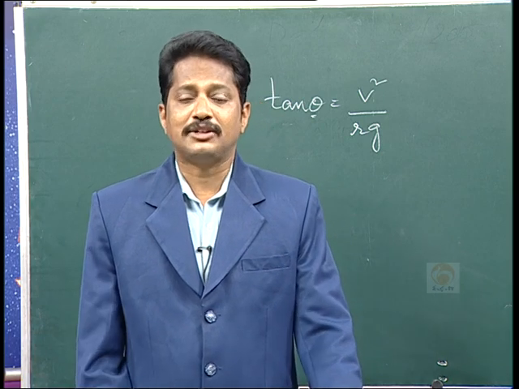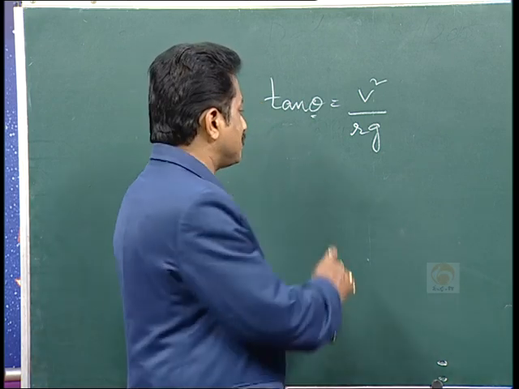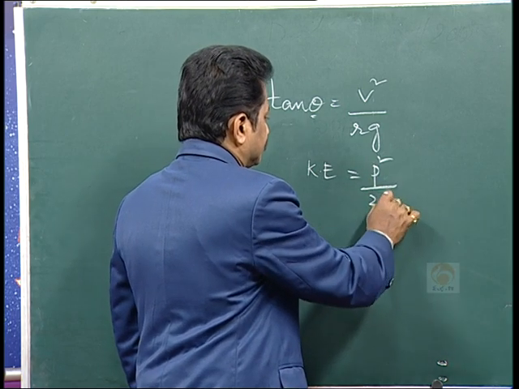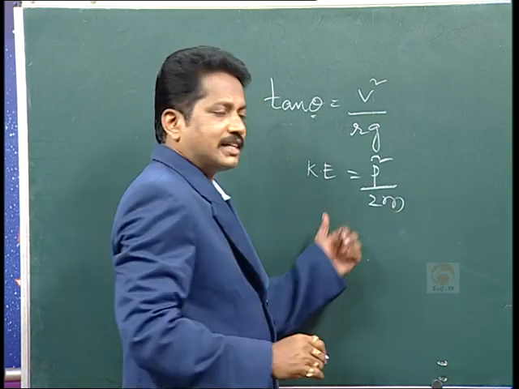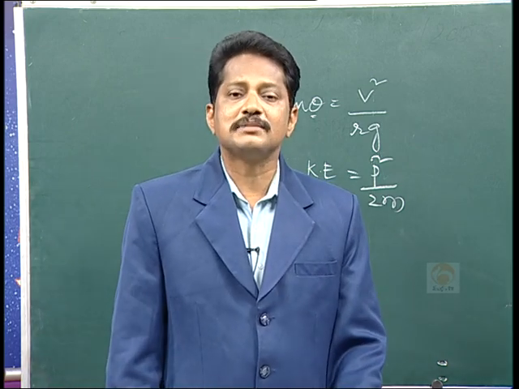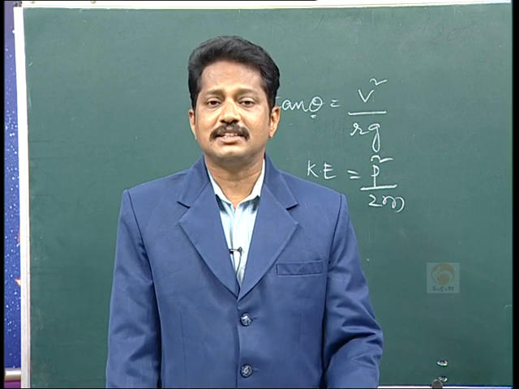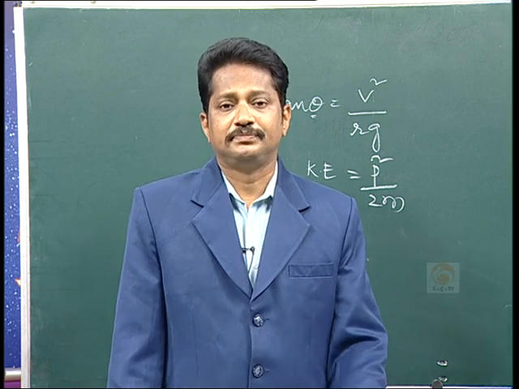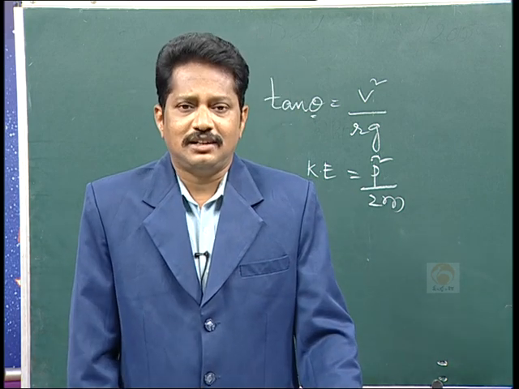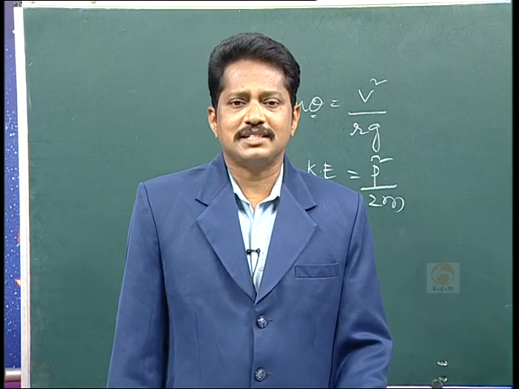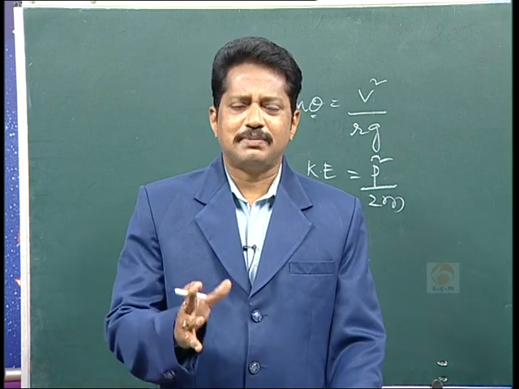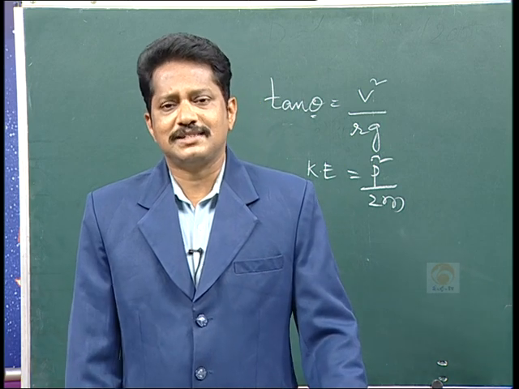You know that there is a formula: KE equals p square by 2m. Kinetic energy is nothing but p square by 2m, where p is the momentum and m is the mass. It is the relation between energy and momentum. Clear? By using this, you can explain the uncertainty principle of the electron. Okay, most important. Now, coming to the next one, sound.